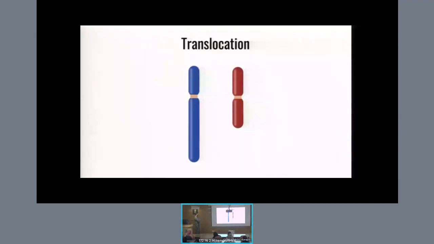So for 13 deletion, the whole 13 chromosome is missing in the cancer cell. Sometimes you can have the whole chromosome missing, like 13 deletion, or you can have a fragment of that chromosome missing, like a 13q deletion. There are other types of chromosomal mutations, like translocations. A translocation is when a section of the chromosome is transferred to another chromosome within that